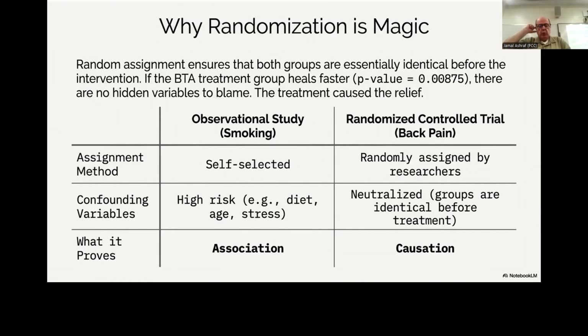So in the smoking part, there are some other factors available: the diet, the age, the stress, the way of living, and all those things can come into play. And in here, because we are randomly collecting them, we are reducing those things down. Is it possible that somebody comes in with a lot of pain and somebody comes in with a little bit of pain, and then we give a medication that works for this one, doesn't work for the other one, or vice versa? Yes. But then from the sample, we're going to figure out if that's going to be a good sample or not.